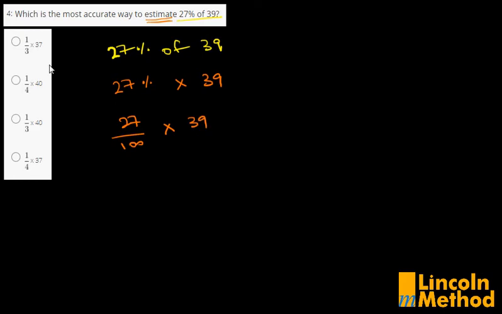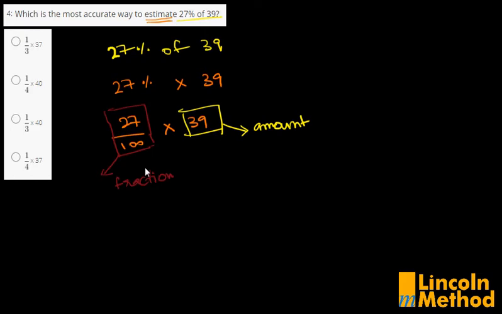Now what this really means is 39 here is an amount. We don't know what they're talking about, but we'll just assume this to be any amount. And 27 over 100 is the percentage or the fraction of this given amount. Percentage, technically, is a fraction. So 27 over 100 is a fraction of this amount. We basically need to find out 27 over 100 parts of 39. So let's see